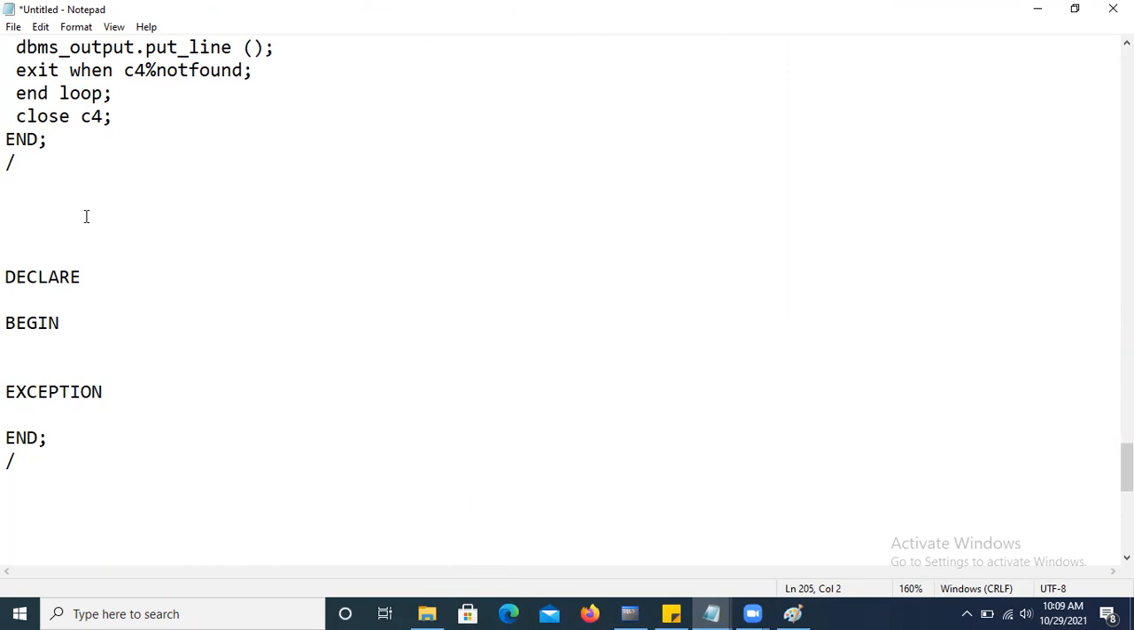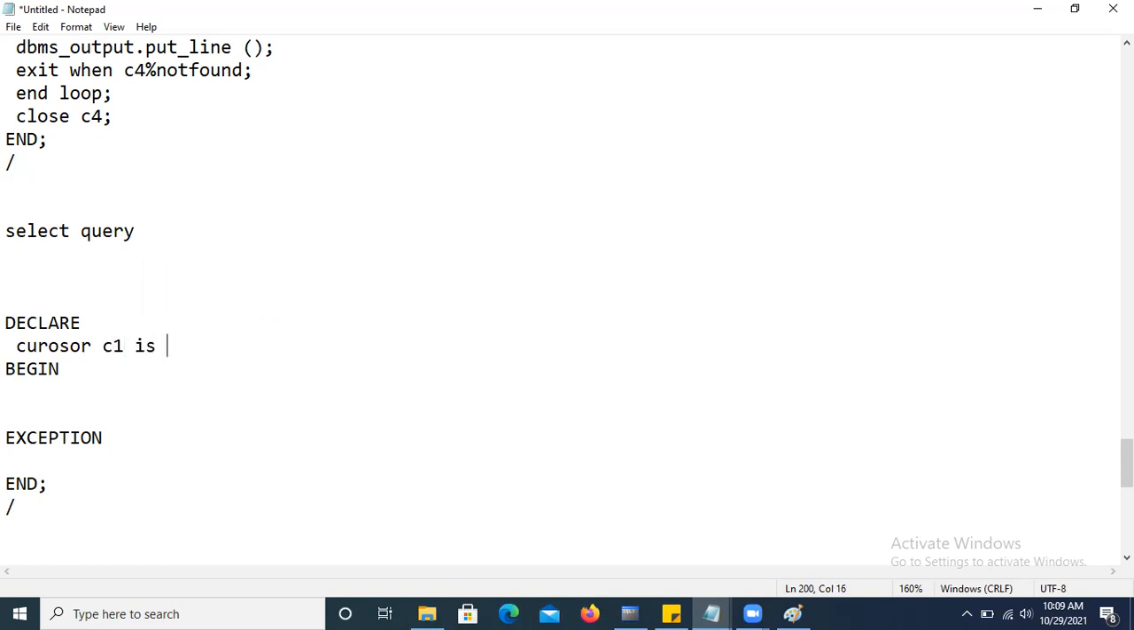And inside that, first we should remember the select query. Select query is important. Select query means SQL. If you know how to write all select queries by using joins, subqueries, and everything, first we need to write the select query. By taking the select query, you are declaring it into the cursor. Cursor C1 is